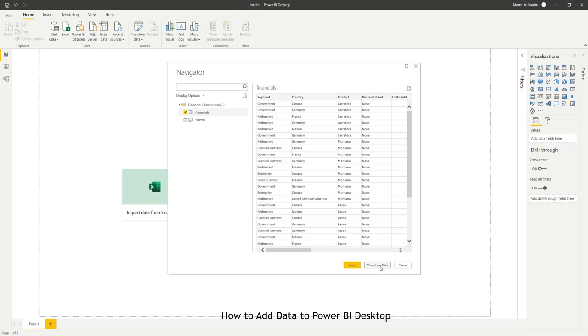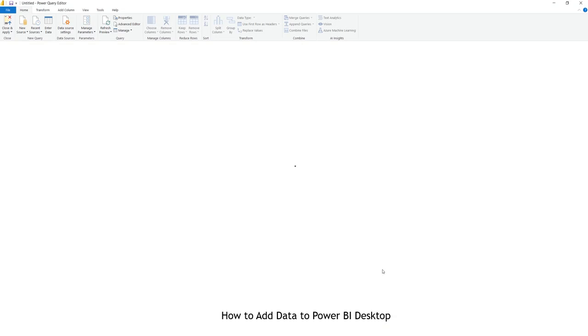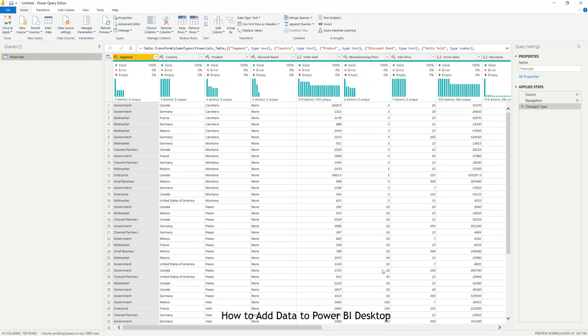I'm going to do the transform for now. The idea is sometimes you have large data sets that you want to trim and make more specific before you load it, to make your report much lighter and easier to refresh and maintain. It's very recommended for a large data set. Once you do